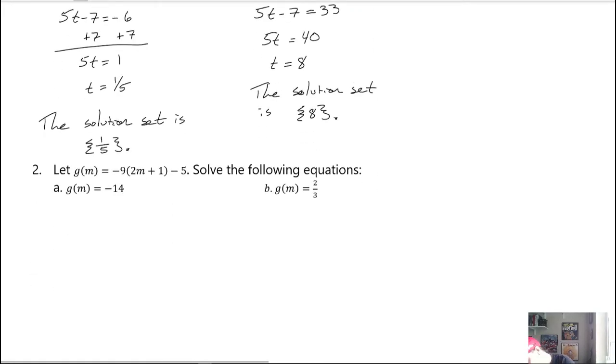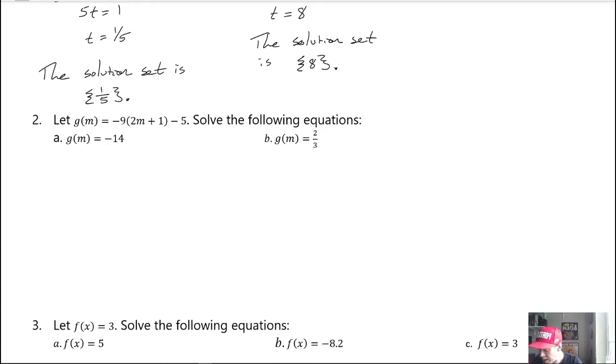Moving on to number 2. Let g of m equal negative 9 times, parentheses, 2m plus 1, close parentheses, minus 5. Solve the following equations. G of m equals negative 14. So I'll set up negative 9 times 2m plus 1 in parentheses, and then minus 5 equals negative 14. I'm going to do this by adding the 5 first,